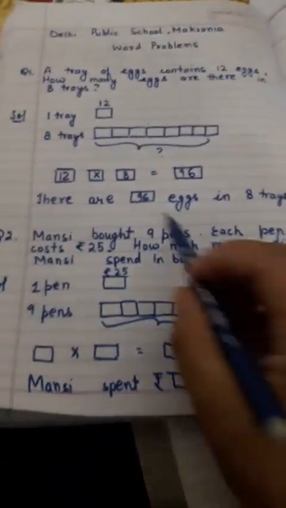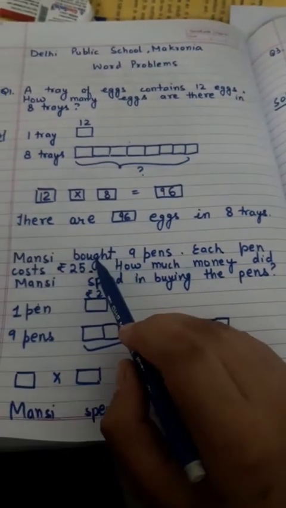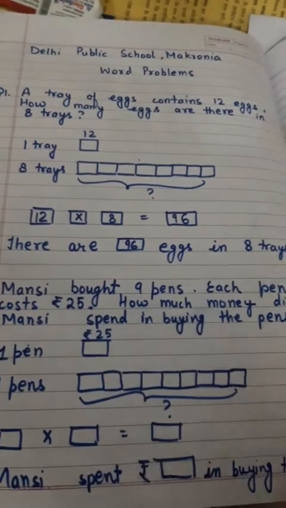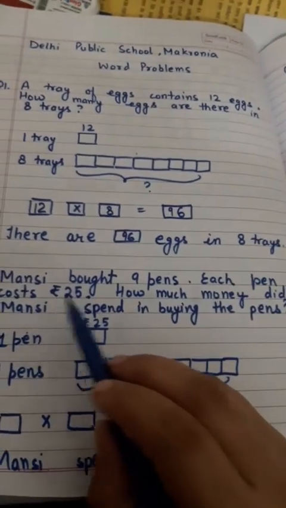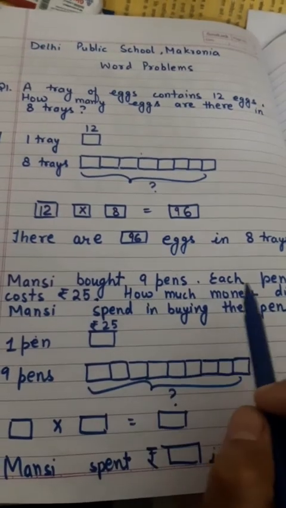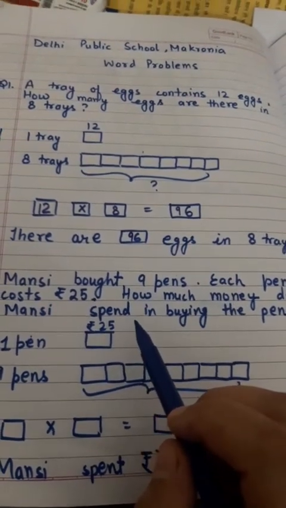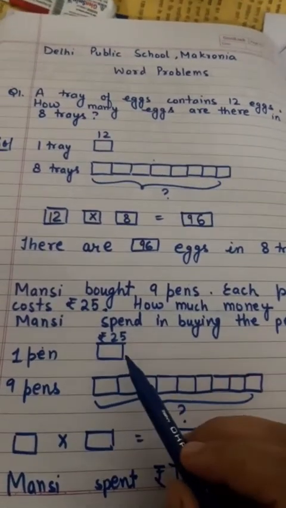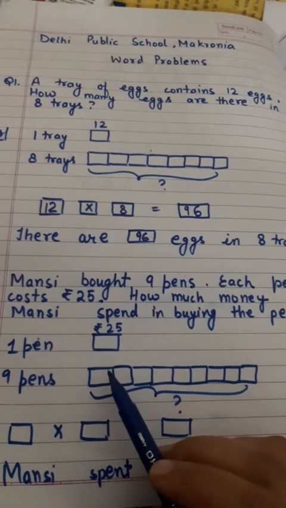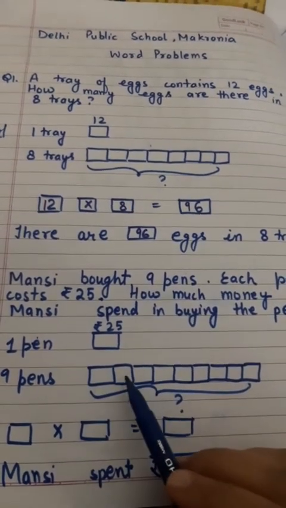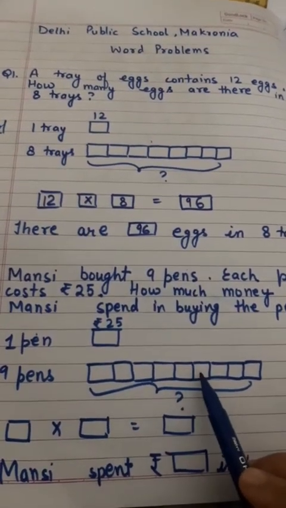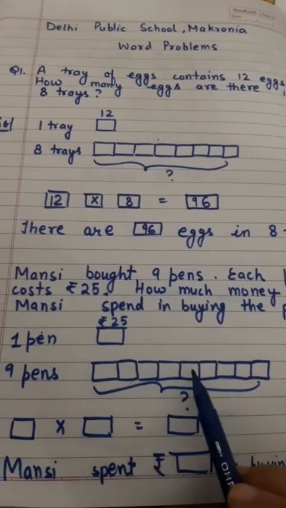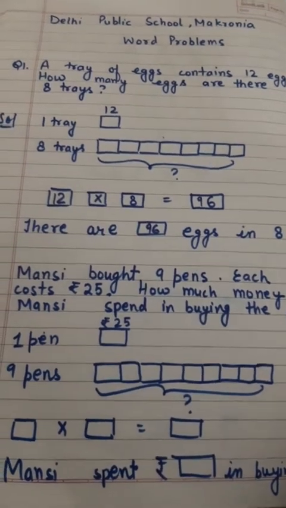Now question number 2. Mansi bought 9 pens. How many pens did she buy? She bought 9 pens. Cost of 1 pen is 25. So we have to tell how much money she spent on buying 9 pens. So 9 pens will cost 25, 25, 25, 25, 25, 25, 25, 25 and 25. How many times 25? 9 times. We have to add 25, 9 times, or we can write it as